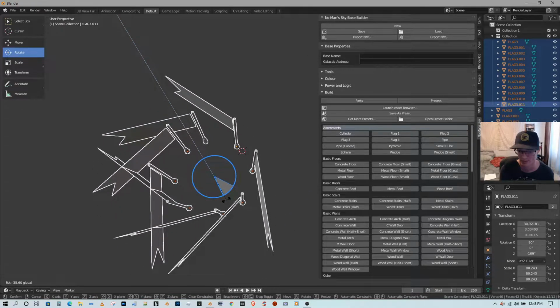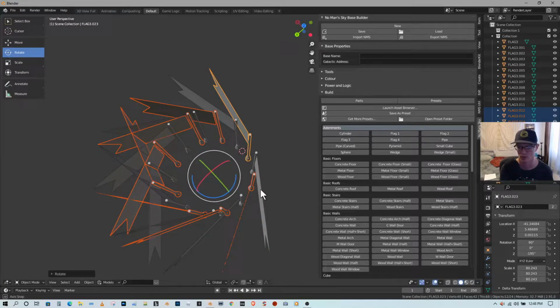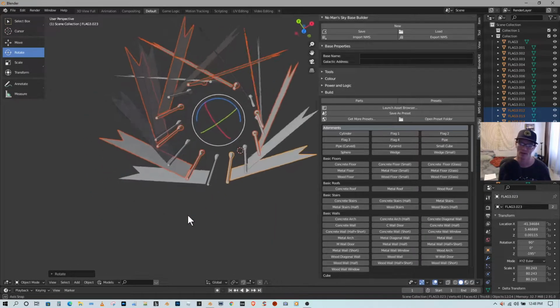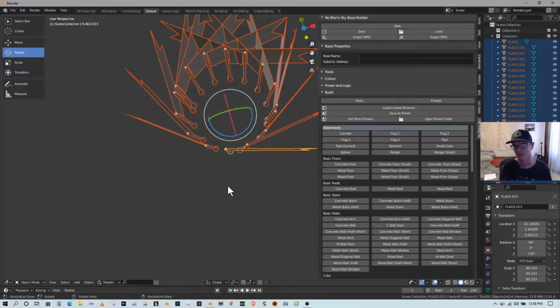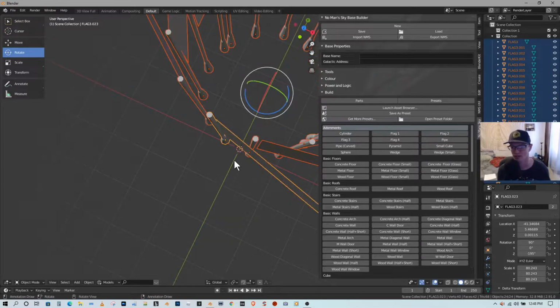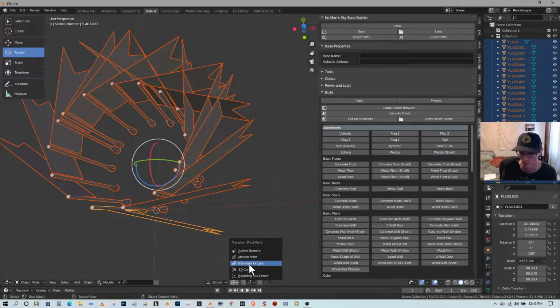And then you'll find yourself like, oh, I can change that. I can change them all at once. Or let's get some kind of weird design. That's kind of some weird stuff right there, I think. Let's take this, and now let's change the pivot points here. Now let's go in here and change this to individual origins, and then let's play with that